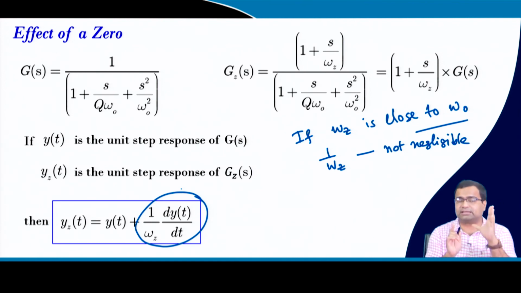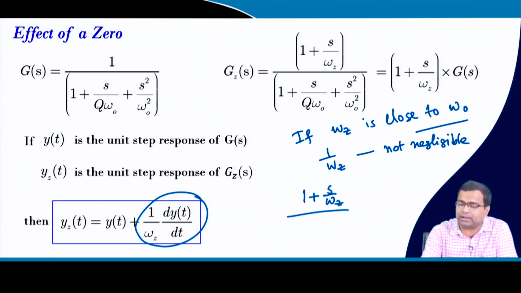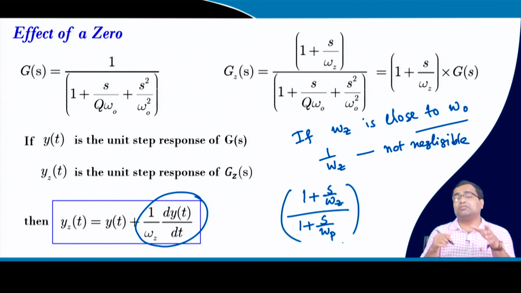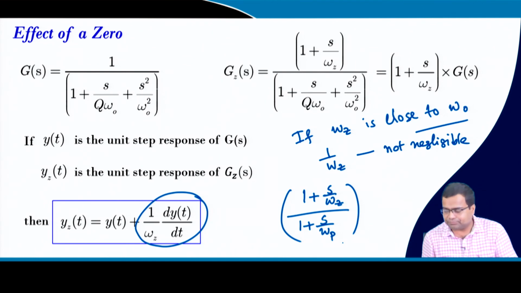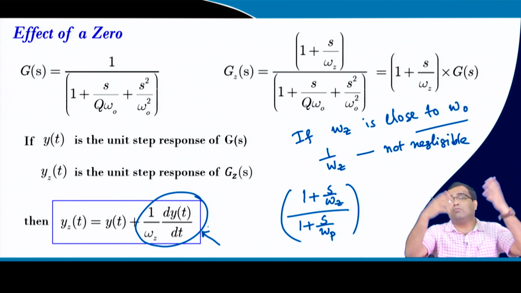Generally, we know that a first order, single pole system has no overshoot because it is an over damped response. But if you take a transfer function like (s plus omega z) by (s plus omega p), such a system can have overshoot depending upon the location of the 0, and then it will decay down. So, we have understood that if the 0 comes closer, it can inject that derivative action and that can create overshoot.